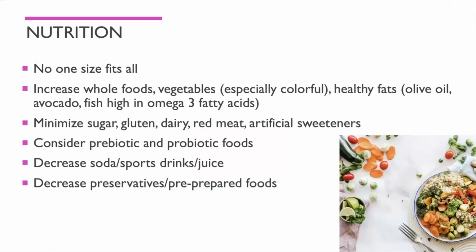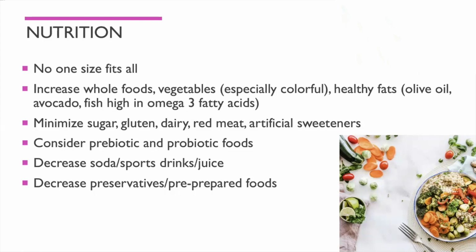We need to keep in mind that our body is constantly growing new cells, and we need to give our body the proper nutrients in order to do that in a healthy way. And we also want to make sure that we're doing everything that we can to minimize chronic inflammation. So while there is no one size fits all, there are some general guidelines that are pretty true for everyone. For example, sugar. There's nobody for which sugar is a good thing. So anytime we can minimize sugar, that's beneficial.